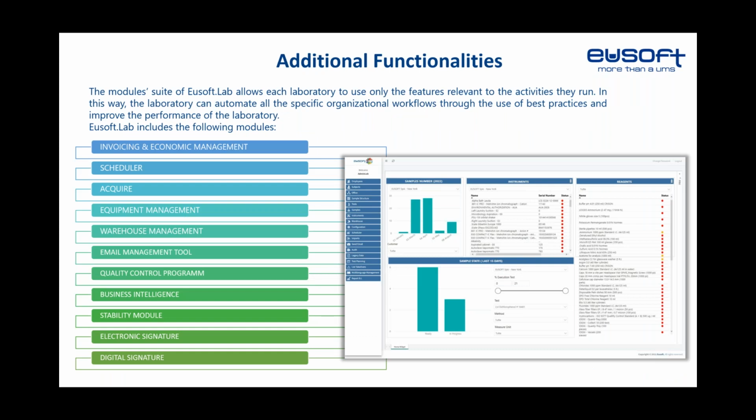Okay, talking about some of the so-called additional functionalities, we mentioned already the analytical cycle and the standard operation that any lab of any sector, any business executes on a daily basis. But there are also a list of additional modules, being a modular solution that can be added very quickly anytime, so you can make your LIMS solution grow with your business. As your business grows, you can add more modules, and you can also add more users, being a flexible, scalable